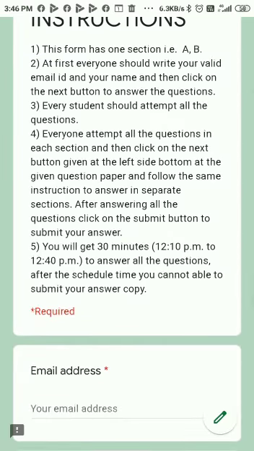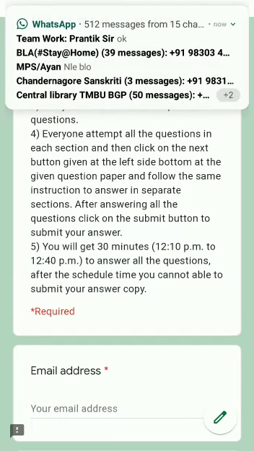You look that this form will give you only 30 minutes to answer all the questions. After 30 minutes is over, you will not able to submit your paper because the form is automatically locked.